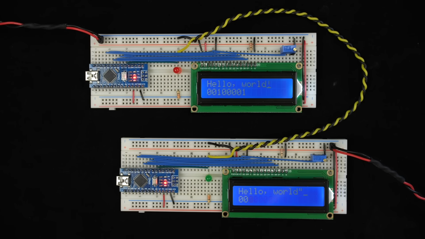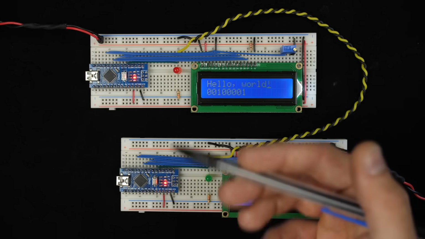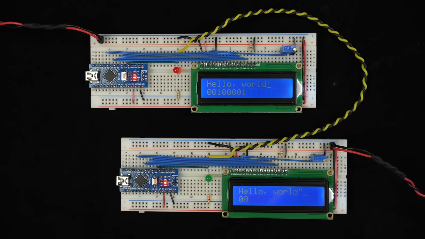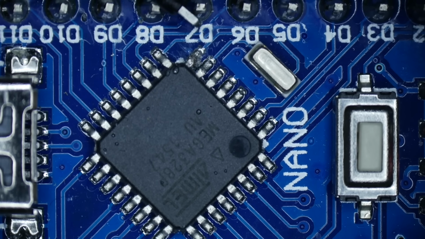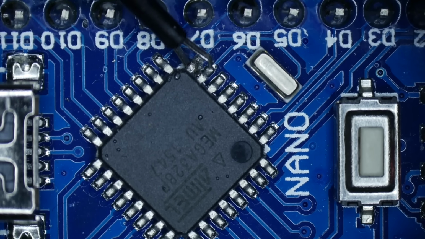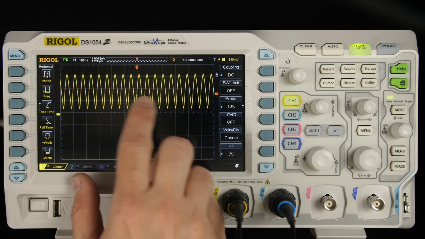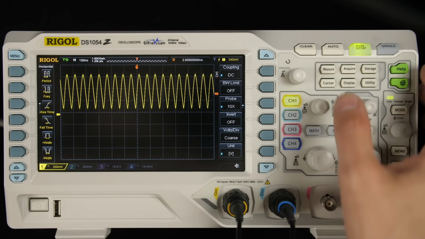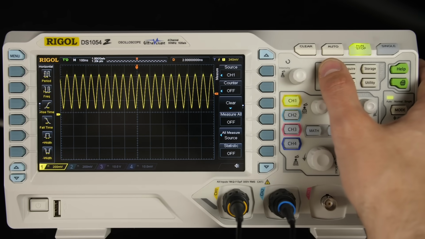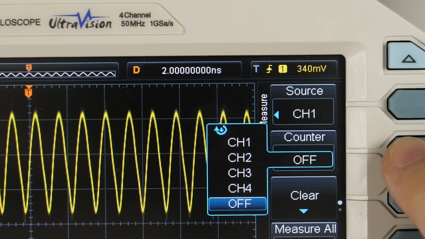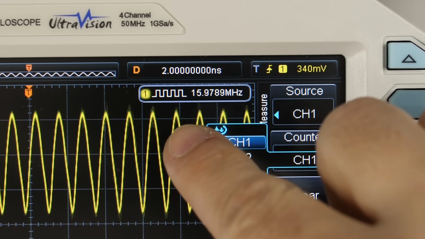So how accurate is the clock oscillator on the Arduino? Because that's going to tell us the best case we can possibly do in terms of getting the timing synchronized between both of these. We can actually take a look at that by hooking our oscilloscope probe up to it. And then if we look at the oscilloscope, we can see, well, here's our 16 megahertz clock. Looks pretty good, but let's actually measure to see how close it is to 16 megahertz. So we've got a frequency counter here. We can turn that on to channel 1. And it looks like it's